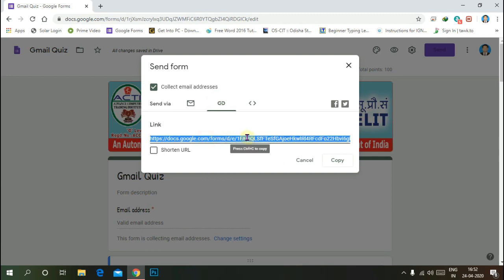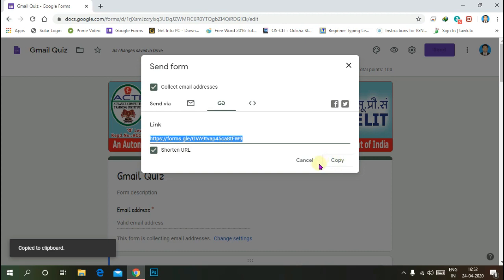You must shorten the link using the shorten URL checkbox. It's already shortened. Just copy the link and send this link through SMS or WhatsApp or Facebook, Twitter, any media which is available on your mobile phone or computer.